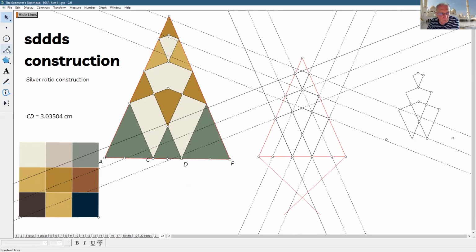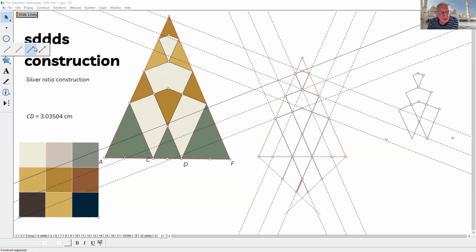And look, nothing changes. We just have to draw lines. Okay, and just be careful, don't cross the symmetry line. Okay, so what I mean